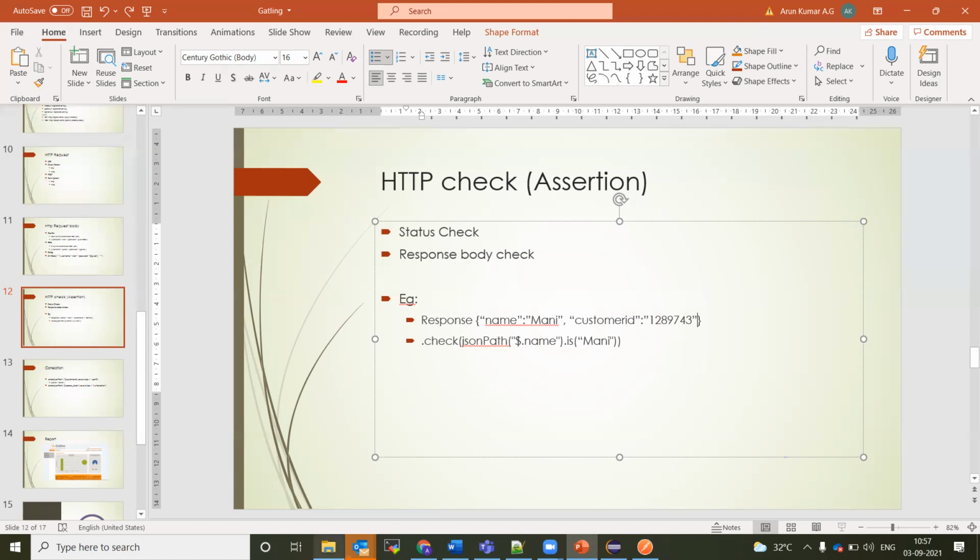Right, Arun? Yeah, you can add, but mostly in the worst case you will check the status alone. Apart from that, we generally don't check things in the assertion. Arun, you can correct me if I'm wrong on any other pointers. No, Chris, you are right.